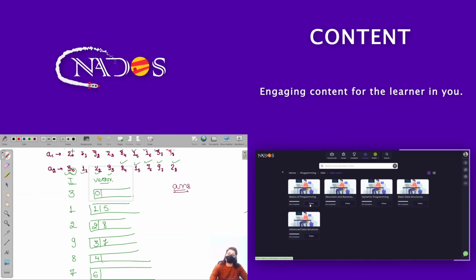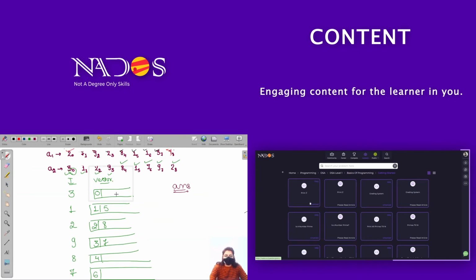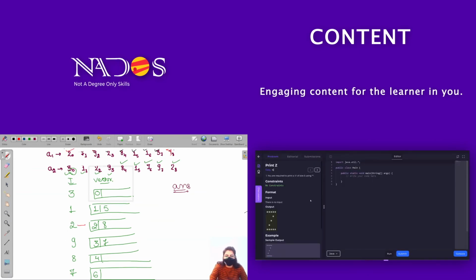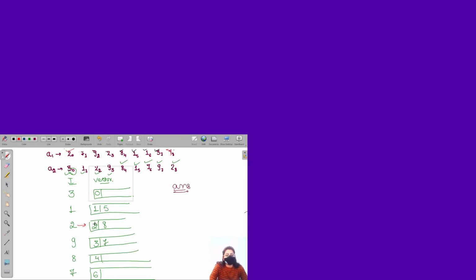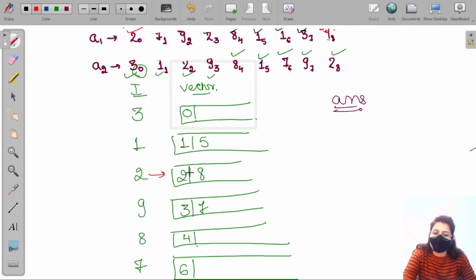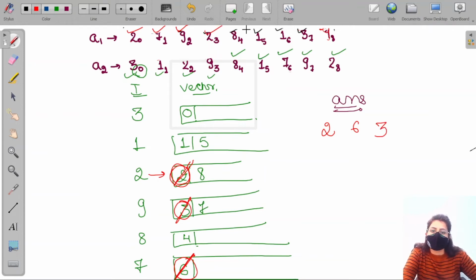So now we'll traverse array number 1 and check for the element. First 2 came. In our 2, what do we get? In our 0th index, we get 2. Let's just remove this and add it to our answer. Next for 7, we got 6. Remove it, add it to our answer. For 9, remove 3 and add it to our answer. For 2,